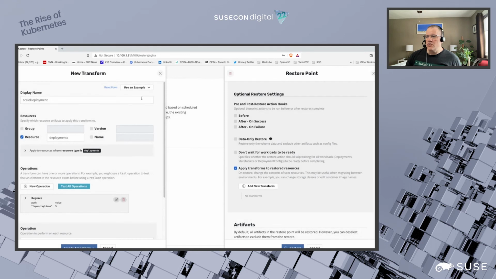We're going to discard those changes. So scale deployment. Now, you're going to ask, well, why would you want to scale your deployment? That's a very easy thing to do. Just kubectl scale deployment, replicas equals whatever, 5. Okay, yeah, it's true. But another added value of using a Kubernetes native application for your backup and disaster recovery